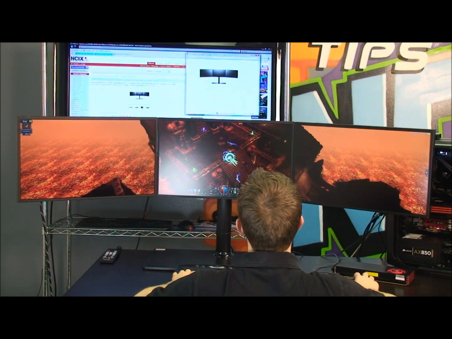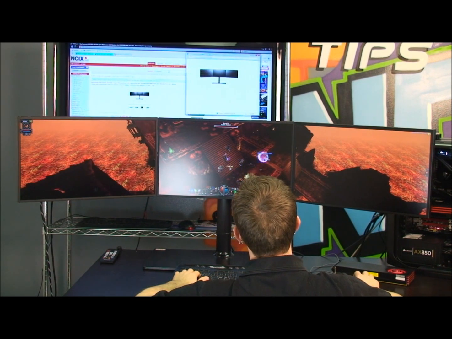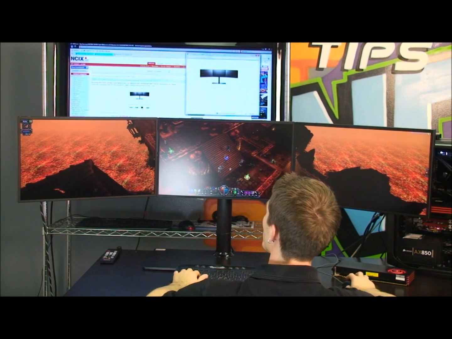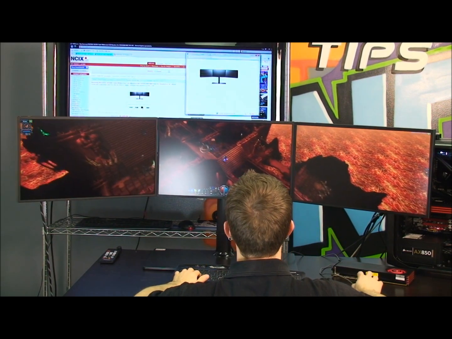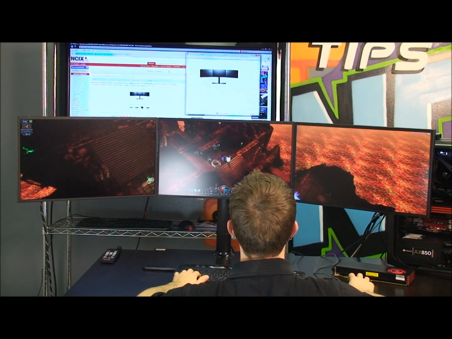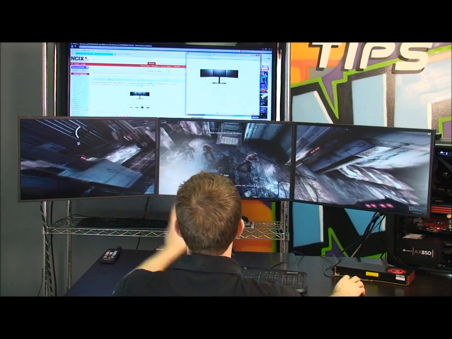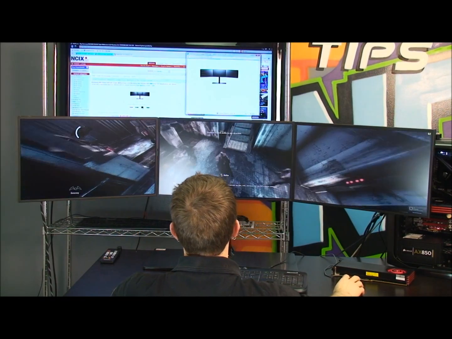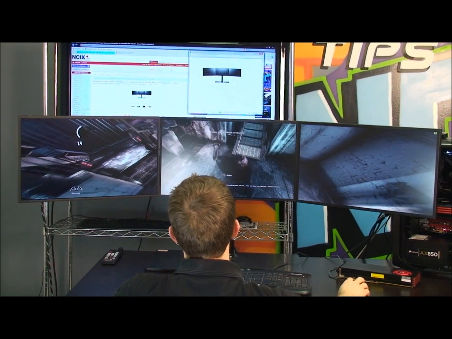So the last thing we're going to do is a third person shooter game, and then we will wrap things up. So that's Torchlight on our triple monitor display. You can sure see a lot of the dungeon with such a wide view of things. So here's the third person, I guess, shooter, because it's more of a melee combat game for the most part. I mean, you can throw batarangs and whatnot, but